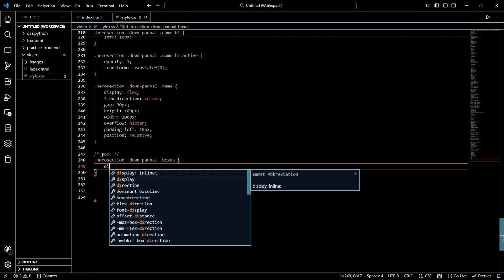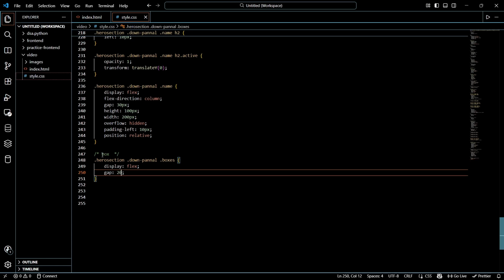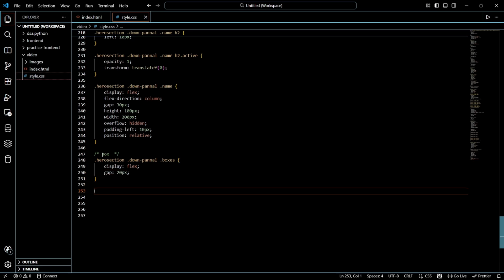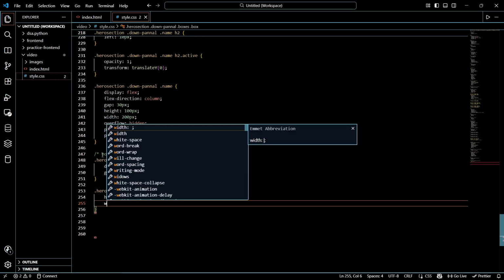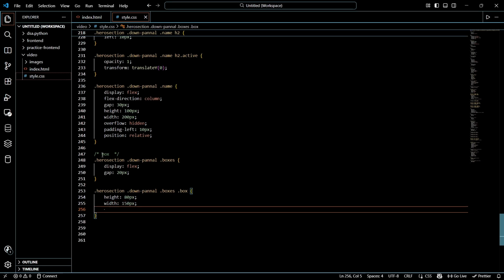Now let's style our boxes. We're simply placing them side by side using flex and adding some space between each box with a gap of 20 pixels. Now let's style each of the 3 boxes. We're giving them a fixed height and width, a soft transparent background,